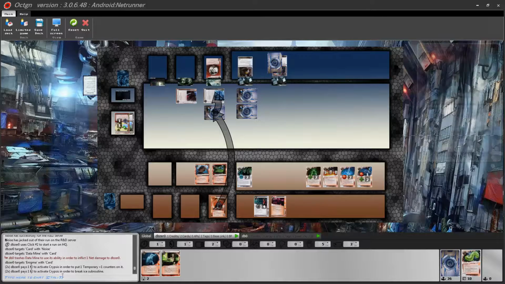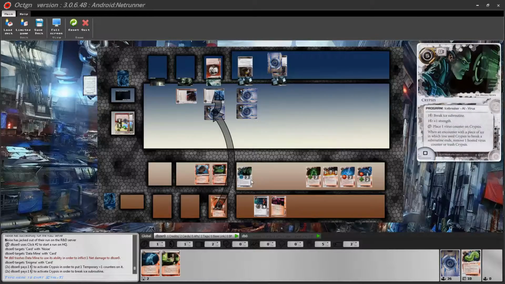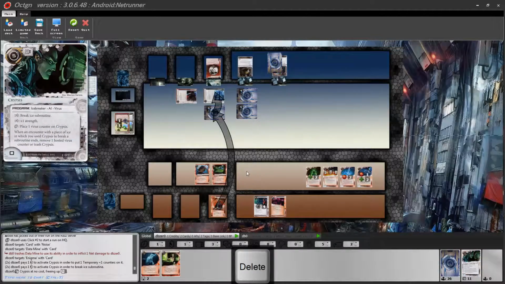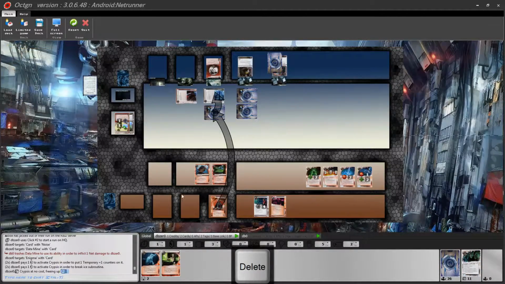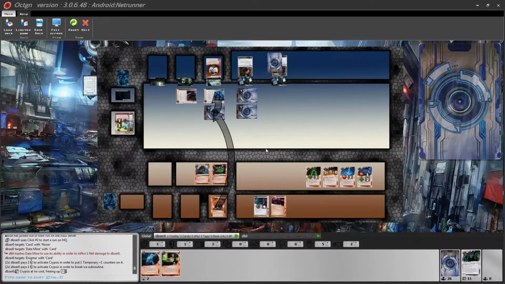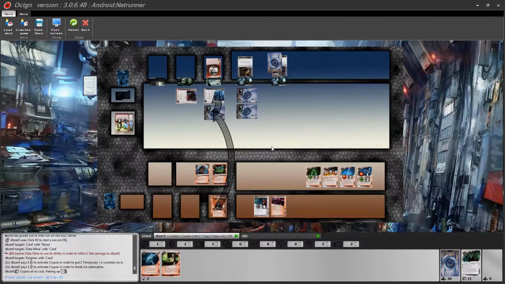So now you see in the chat menu, 2 times we paid 1 to activate Crypsis, 2 times we activate Crypsis to break an ice subroutine. Crypsis is trashed because it didn't have any virus counters, so we can just mouse over Crypsis, press delete, and it is trashed, and our memory units are returned. And on the other hand, we passed the ice, so we can now press F3 to access the headquarters. So we press F3,